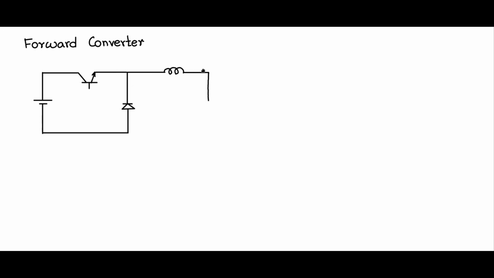Let us now see how the forward converter circuit topology is. This forward converter is a buck derived isolated converter. So we shall start from the buck converter topology. So let us have this unregulated source Vi, and we know the buck topology. You have the BJT, you have this diode, the inductor, capacitance, and the load. So this is the buck converter circuit. You have Vi, R0, V0, L, and C.